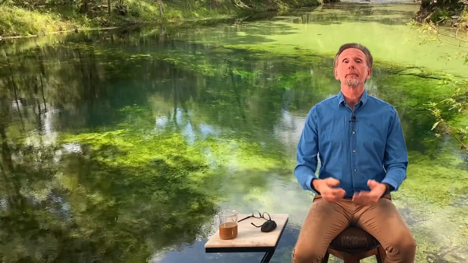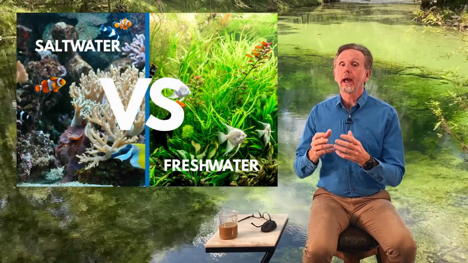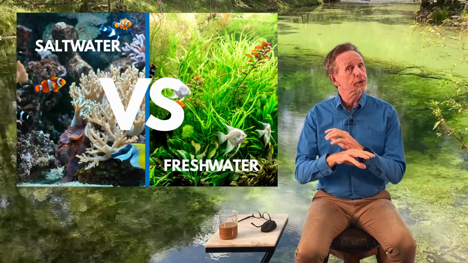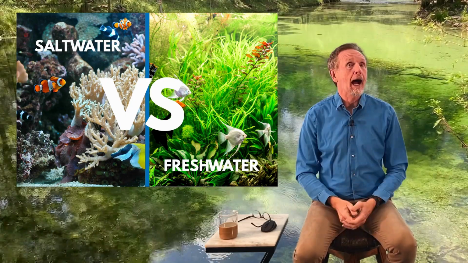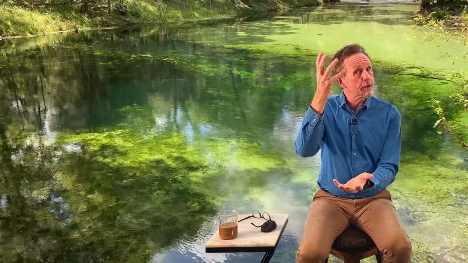Now, obviously on the planet Earth, we have two broad types of water. We have fresh water, the kind that you and I drink and need, and then we have salt water. So fresh water contains very little salt. It's not that there are no salts in it at all, but salt water has obviously higher concentrations of salinity, dissolved salts. Basically, any salt that winds up in fresh water makes its way down into the ocean, and then it stays there, because the water evaporates, but that's pure water, and it rains, and the salts remain in the ocean, so it keeps getting a little saltier and a little saltier.